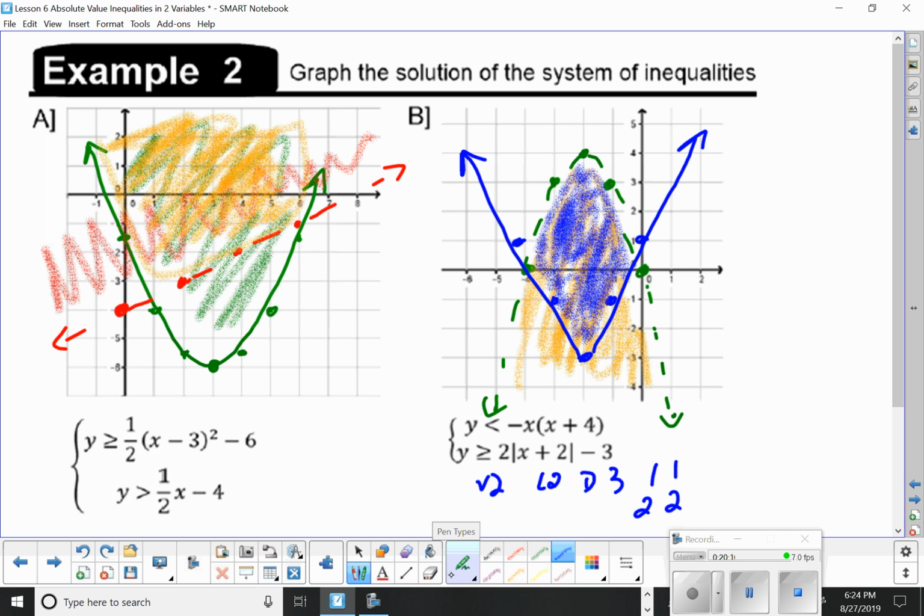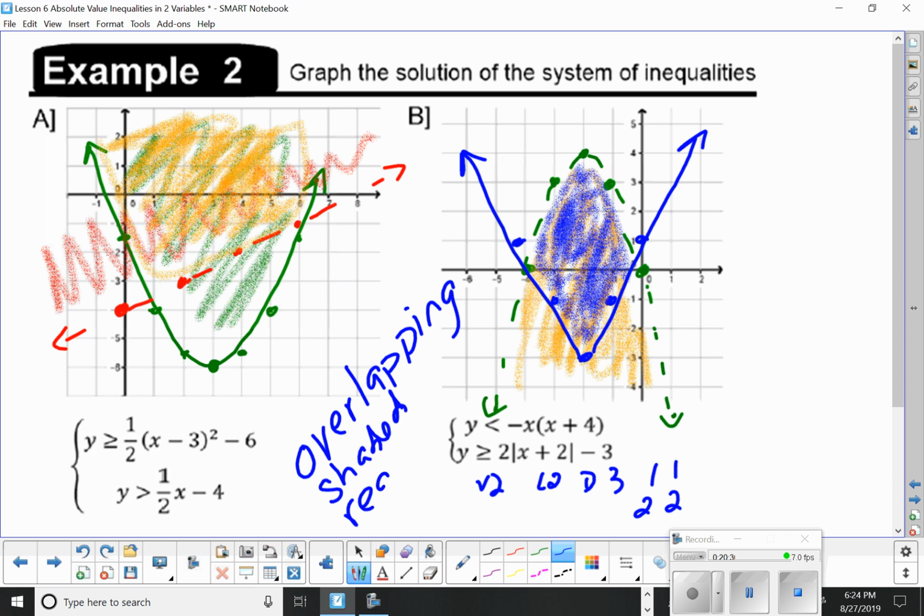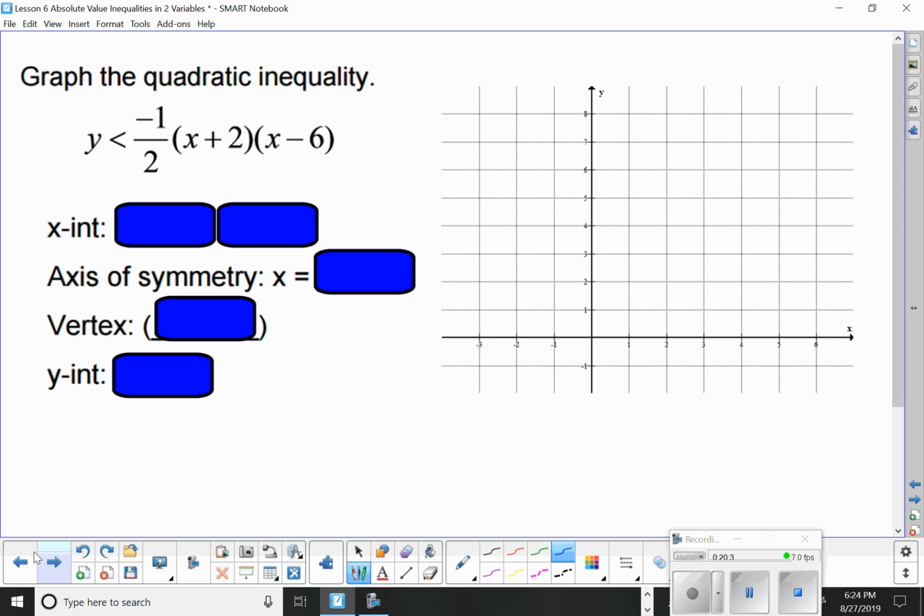Okay. Answers, or when you finish shading, you want the overlapping shaded regions. Okay? Excellent. Let's move on. If we want to graph this inequality, well,